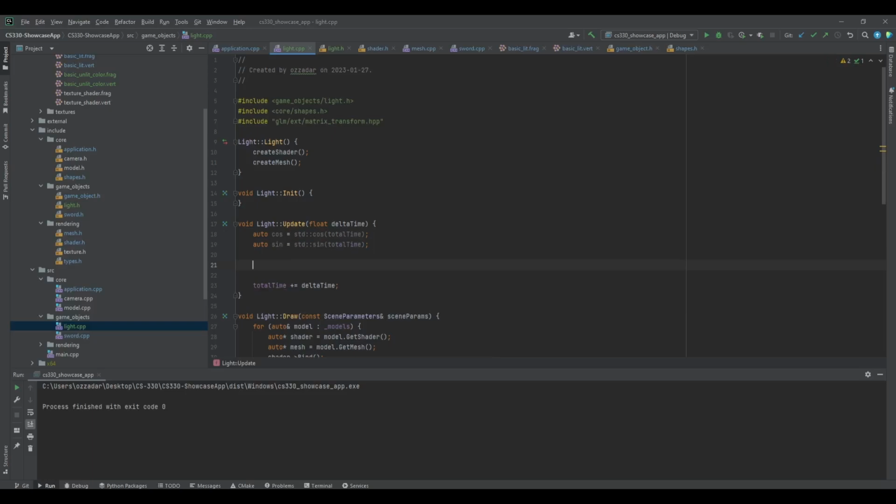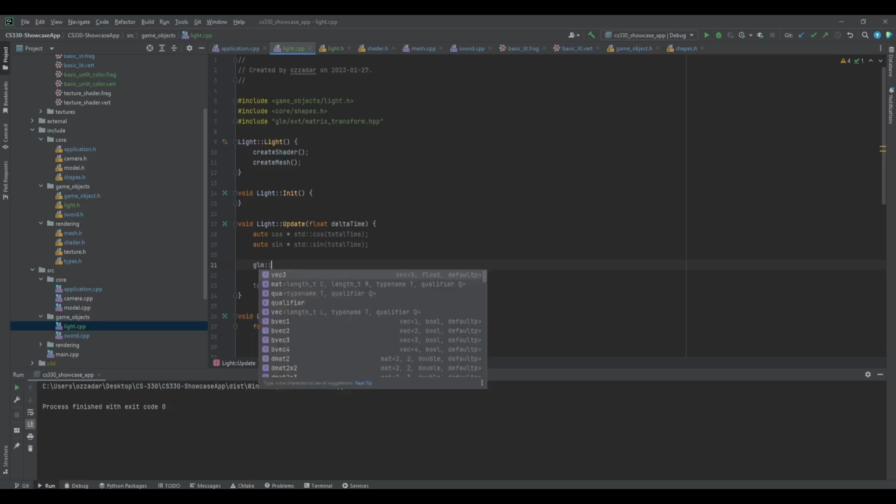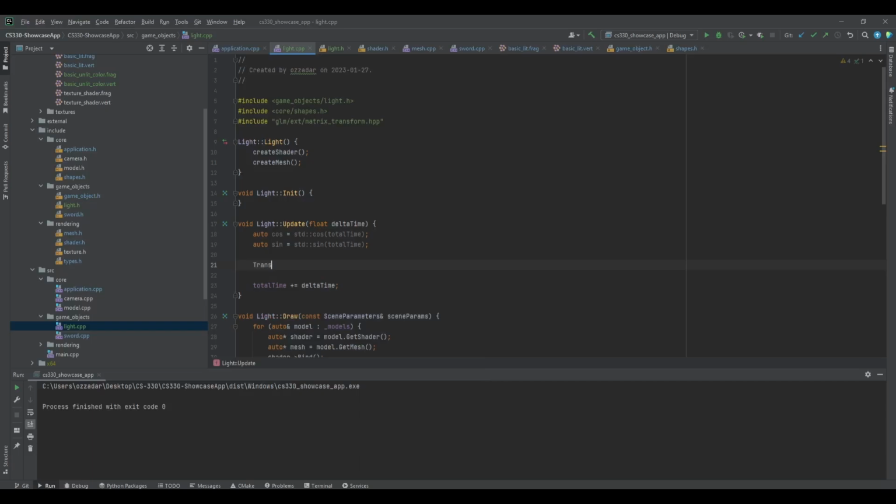And we're going to say, no, it's going to be transform equal glm translate transform glm vec3 cosine, 0, sine. Now that should make it oscillate back and forth if I'm not completely mistaken,